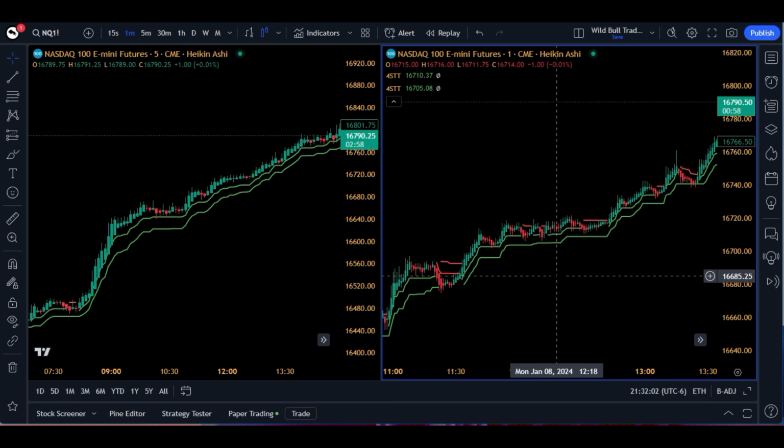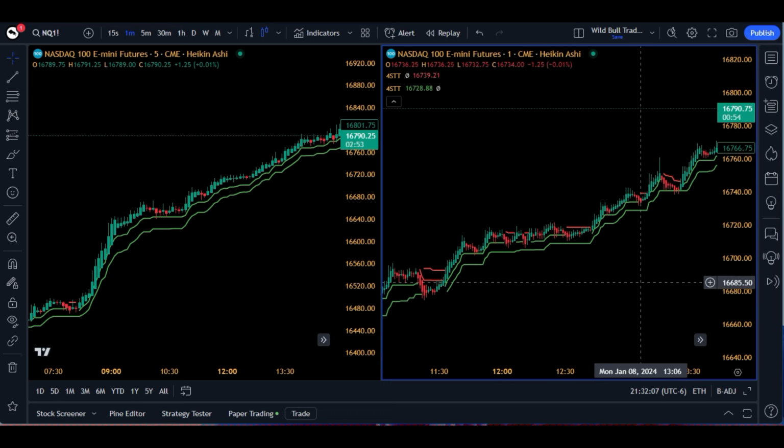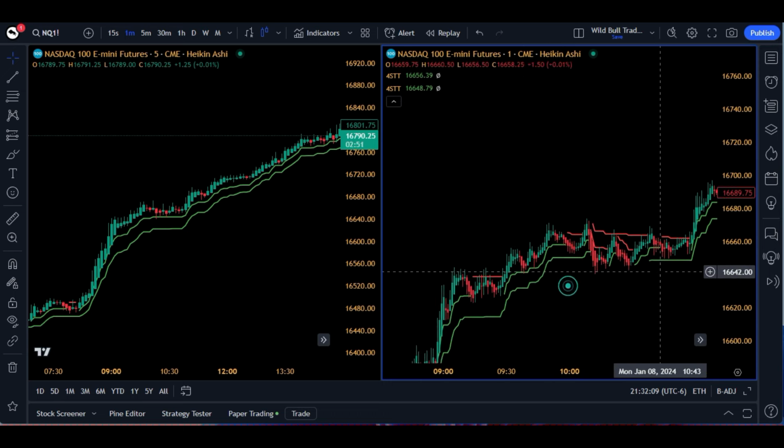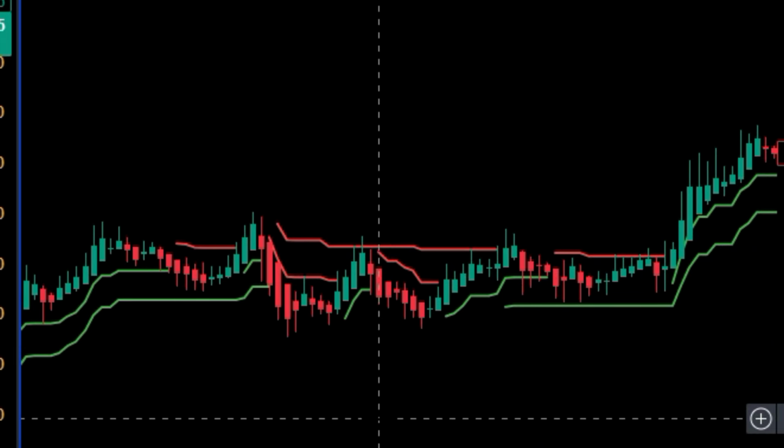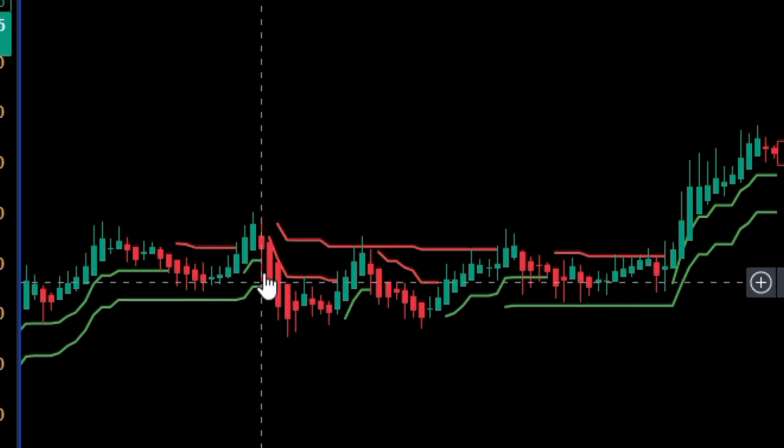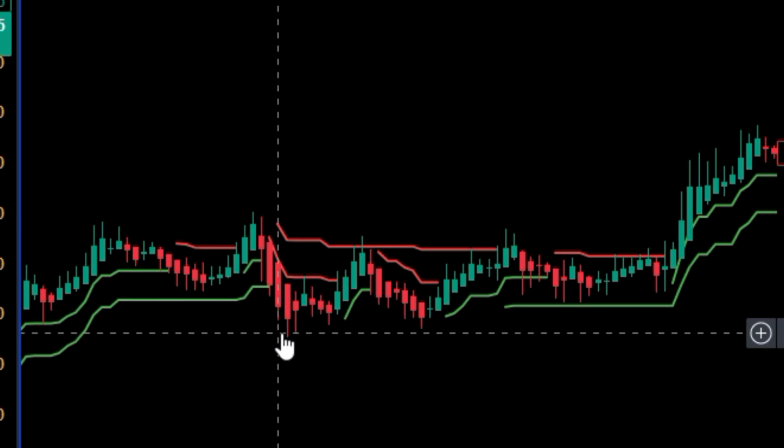I have included a live trade in this video, so please watch out. That live trade is taken at this moment. Okay, so this is where the live trade is taken in TradingView. And if you see here in this segment,